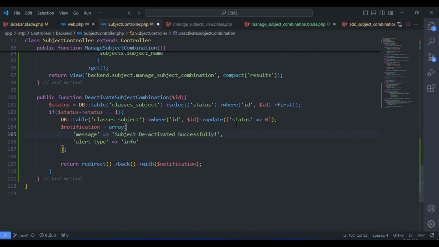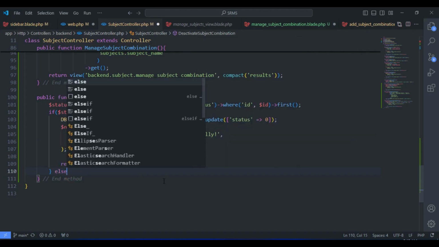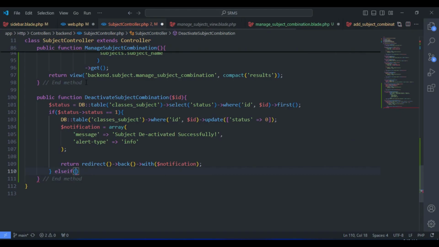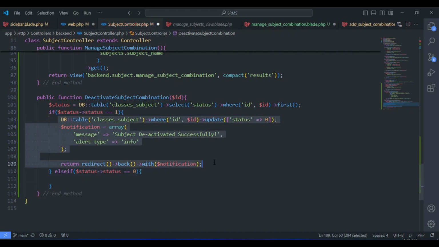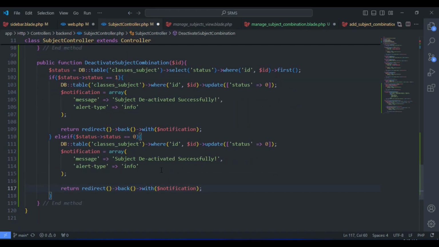Okay, and now let's go ahead and do the otherwise. So let's say else if, let's specify another condition. If our status column, let's copy this. This time around, we're going to say if our status column is equal to 0, then we should copy this line of code, paste it right here, and change our status to 1, meaning we activate it. And we should have a toaster message that says subject activated